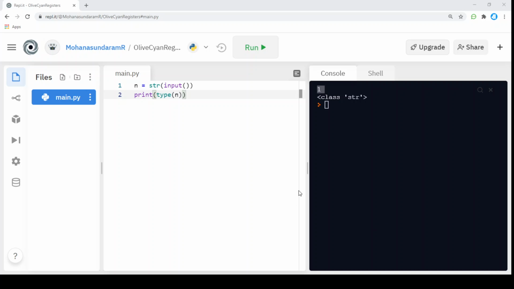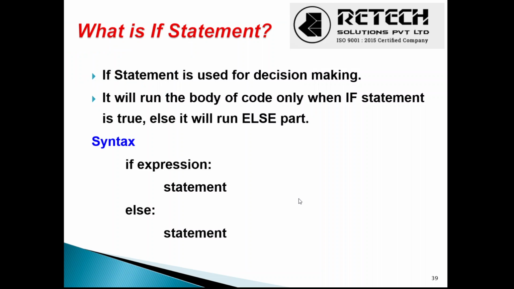Next, we're moving on to conditional statements. Now we will see the conditional statements. A conditional statement is nothing but passing a condition in a statement and checking if it is a right condition, then making a decision as per the condition given. The basic conditional statement is if else.